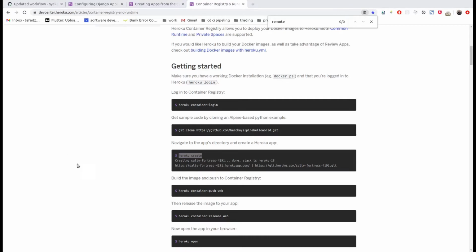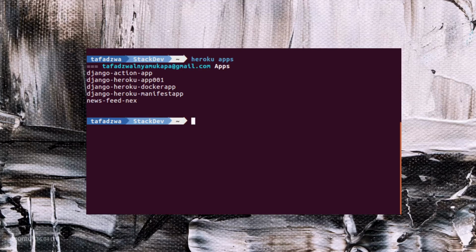So let's go to our terminal and create the application. Initially I can check by writing heroku apps like this. It will show me the apps that I already have,